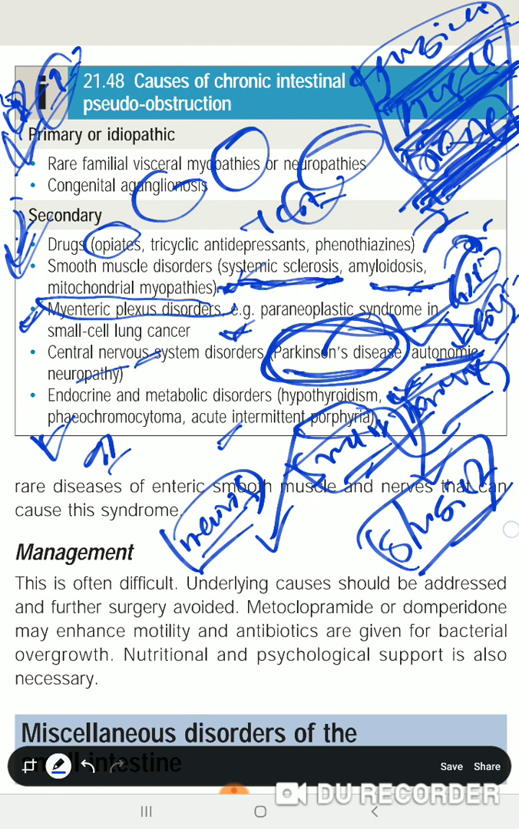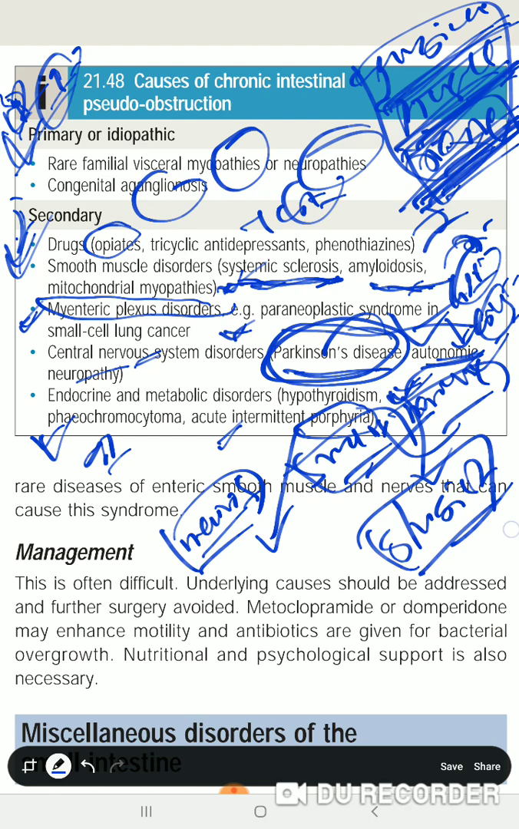So, treatment of the primary disease: if the cause is drugs, then the drugs should be withdrawn. And treatment of systemic sclerosis, amyloidosis, bronchial carcinoma, and Parkinson's disease, if present. And if there are hormonal problems such as hypothyroidism, we can give thyroxine. And some symptomatic treatments such as domperidone, which increases the motility of the GIT. And if there is bacterial overgrowth, because